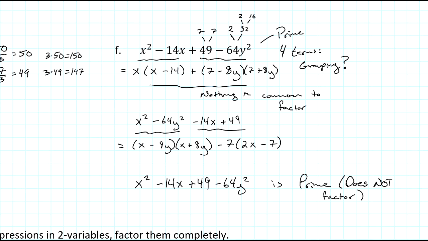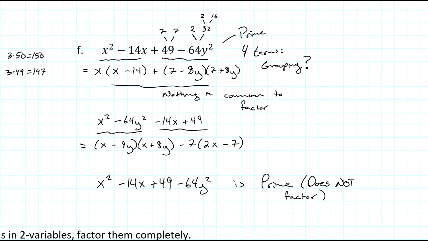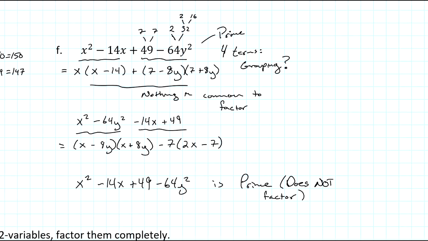It's a hard question to answer because it really comes with practice. It comes with being familiar with all of the techniques and seeing that none of the techniques are really going to work here. Like at the beginning, I can't add any like terms. I can't simplify it at all to be able to do anything there. So really grouping is the only option for this. And I've tried grouping it in a couple of different ways. I mean, I could keep trying, and honestly, I kind of did in my head. I said the other option would be to do x squared